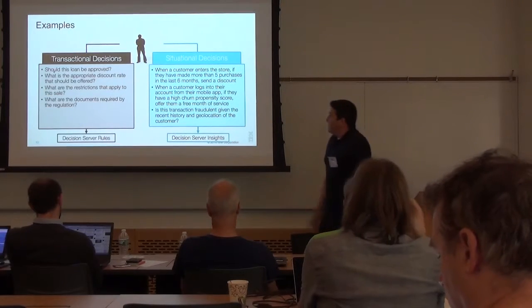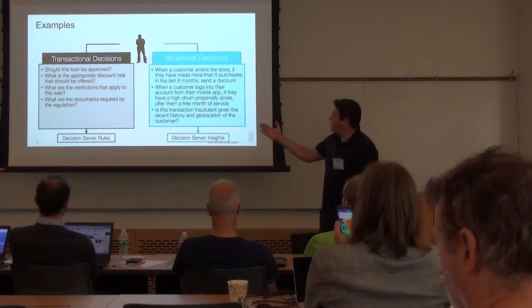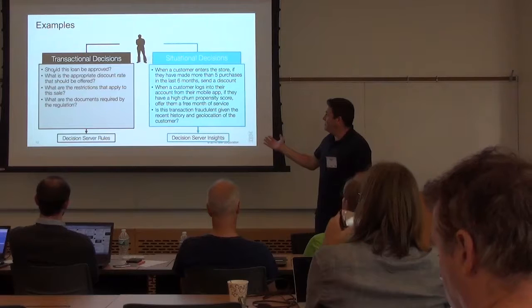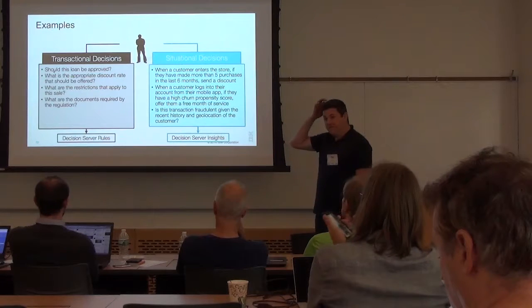So you can see that the use cases are really different. On the left, should this loan be approved? What is the appropriate discount rate that we should offer? What are the restrictions that apply to this sale? What are the documents required by the regulation? And on the right,